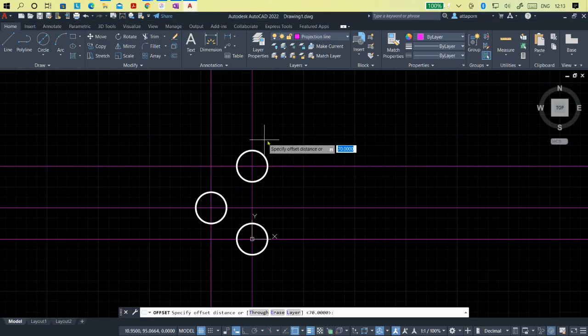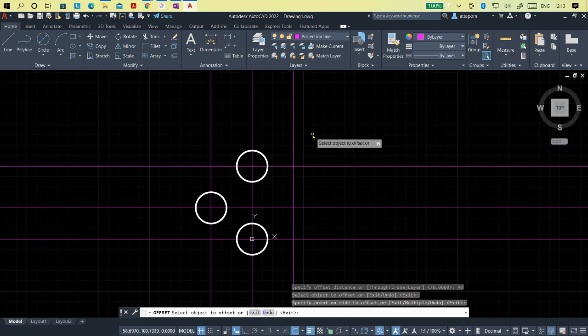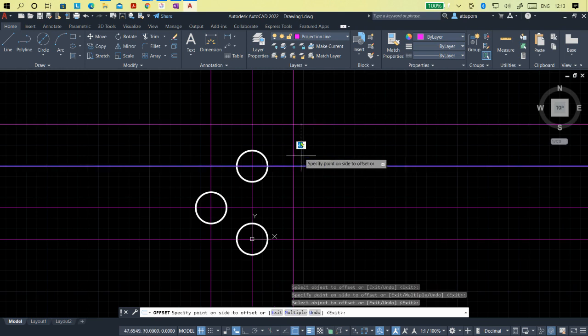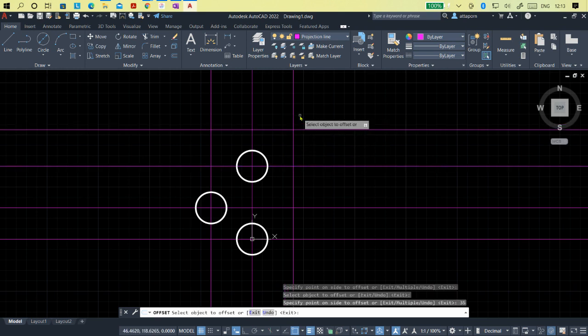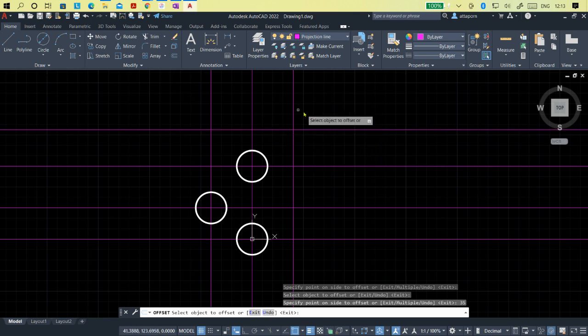So offset again, offset length is the 40 from this point to the right side, and from this line to the above is 35. So you got the center point number 5,